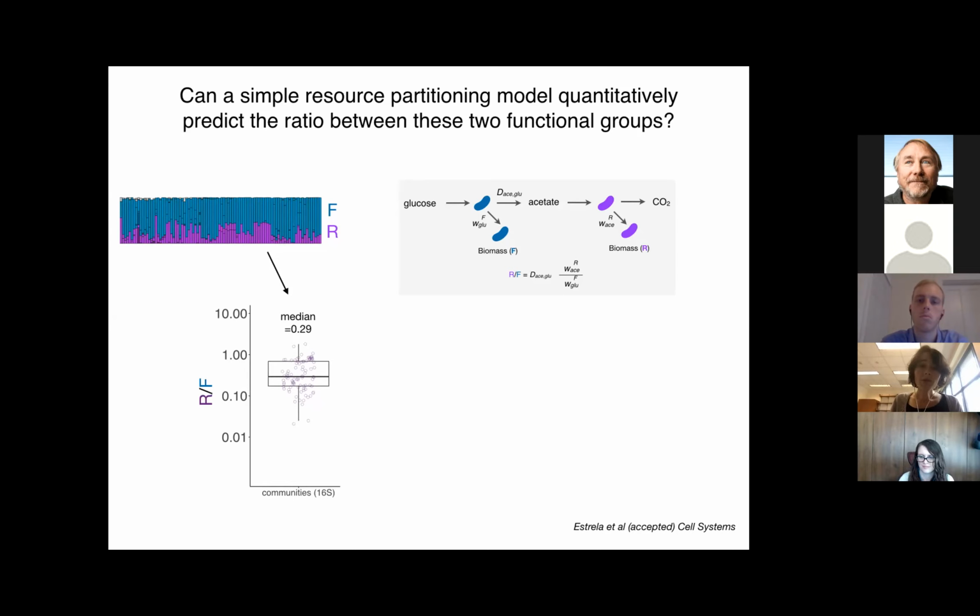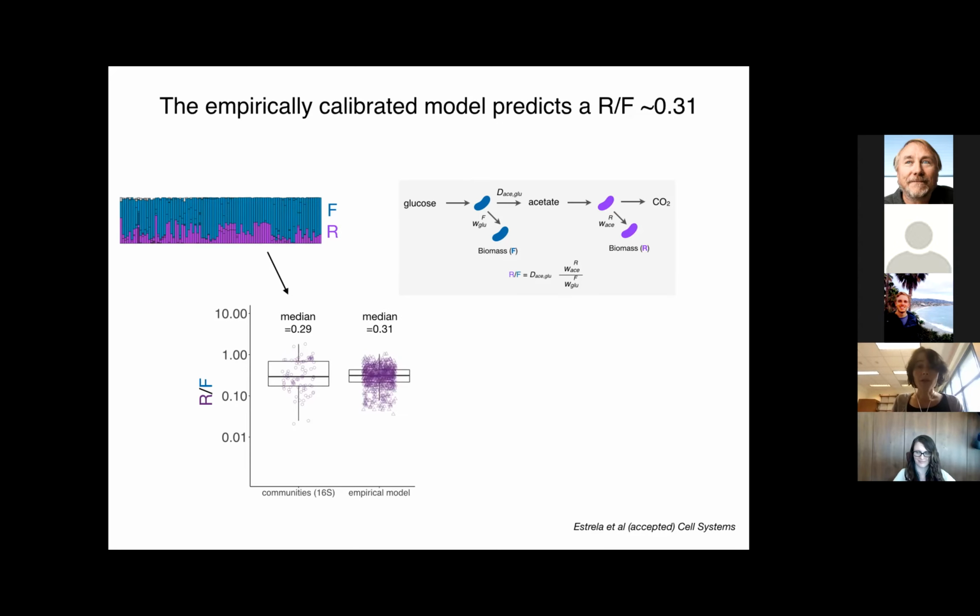And so then the RF ratio is basically the ratio between the average biomass that respirators can extract from the secreted acetate and the average biomass that the fermenters can extract from the supplied glucose. The predicted ratio is given by this equation here, defined by these three parameters. One of the advantages of this simple model is that we can actually measure these parameters experimentally using our collection of isolates. We did so, and input those in this equation for all respirator-fermenter pairs. And what we find is a predicted RF ratio of 0.31,